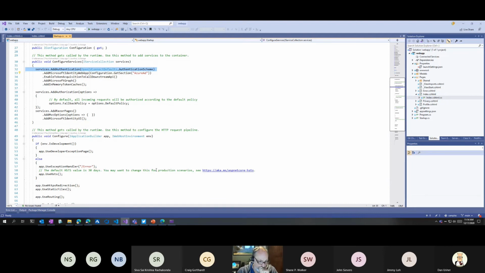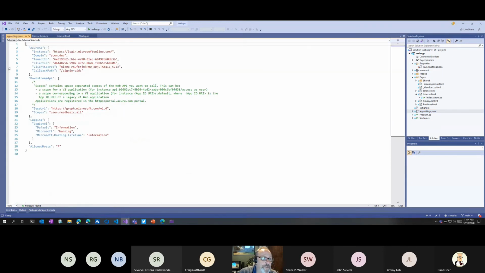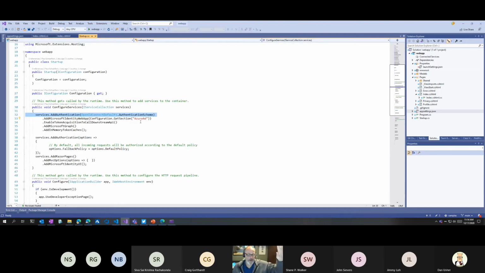configured, it will then redirect them to the OpenID Connect settings, which is going to be coming in from app settings. So in this particular example, it's going to say, oh, I want you to log in using that ID. Hey, there's that ID, right? And so that's the idea here. It uses the OIDC or OpenID Connect sign-in page. And that's all done for me automatically as part of ASP.NET if I do logins there.